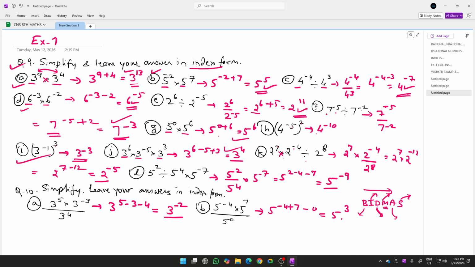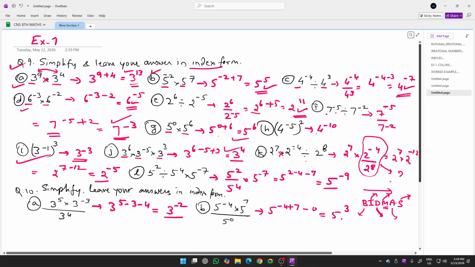So what I'll do, 2 raised to 7 I'll write as it is, multiplied by 2 raised to minus 4 I'll write as it is, and this divided by 2 raised to 8, I can write as upon 2 raised to 8. But I will do this operation first, because in BIDMAS D comes before M. So for this operation, the bases are the same, 2, in both numerator and denominator, and the powers are minus 4 and 8. So the final answer will be 2 raised to minus 4